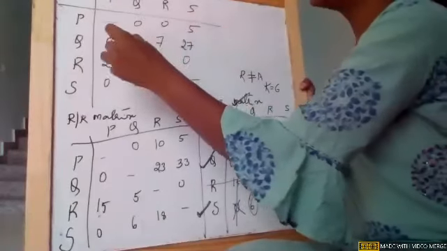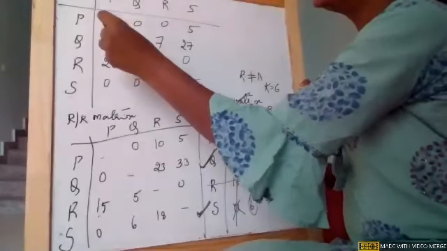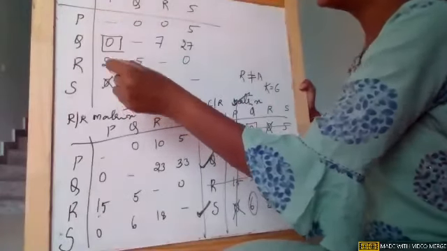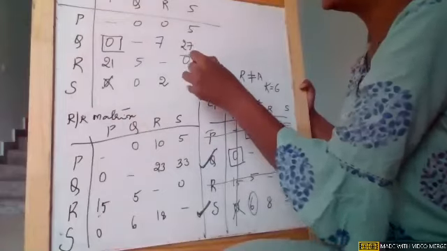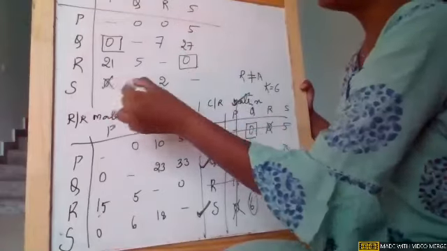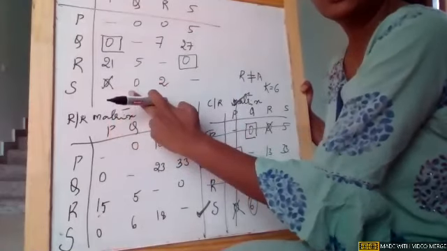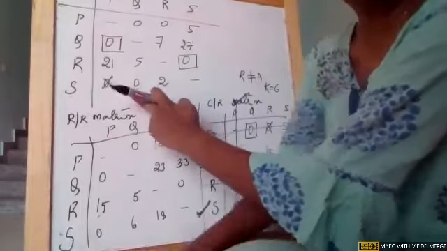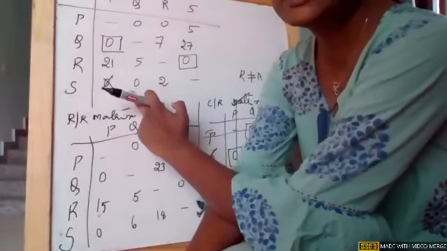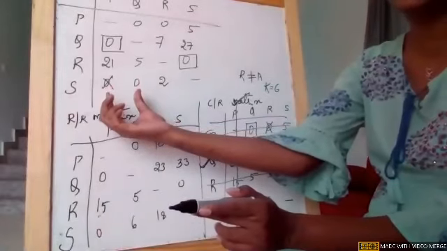So again, start assignments. First row, multiple zeros, no assignment. Second row, single zero, make an assignment and the corresponding zeros, cross them off. Third row, single zero, make an assignment and the corresponding column zeros, cross them off. Fourth row, there are two zeros. One is crossed and one is not covered. But as it is the first iteration, I can't assign this. I need to ignore it and consider them as multiple zeros.